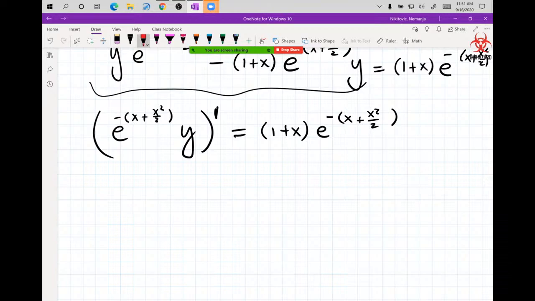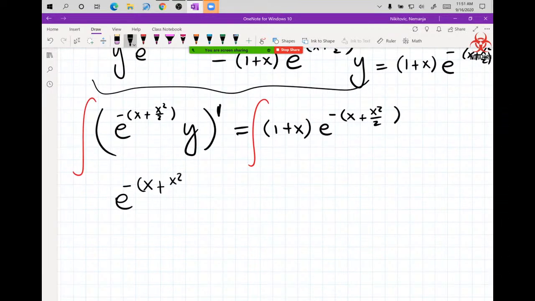So now we are supposed to integrate both sides. That's going to kill that derivative on top. And I'm going to just have e to the negative x plus x squared over 2 times y. So the prime is gone because derivative and integral cancel each other out. On the right hand side, I have this dx,